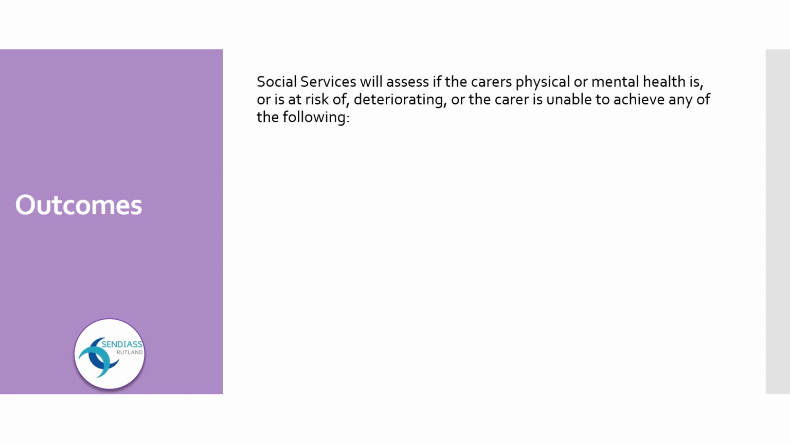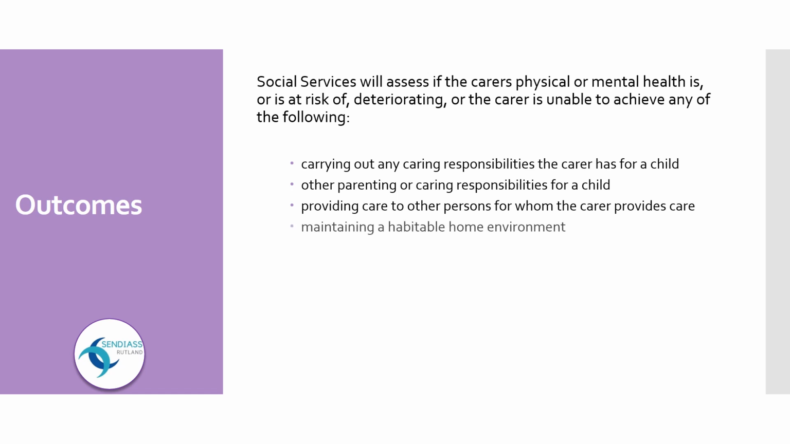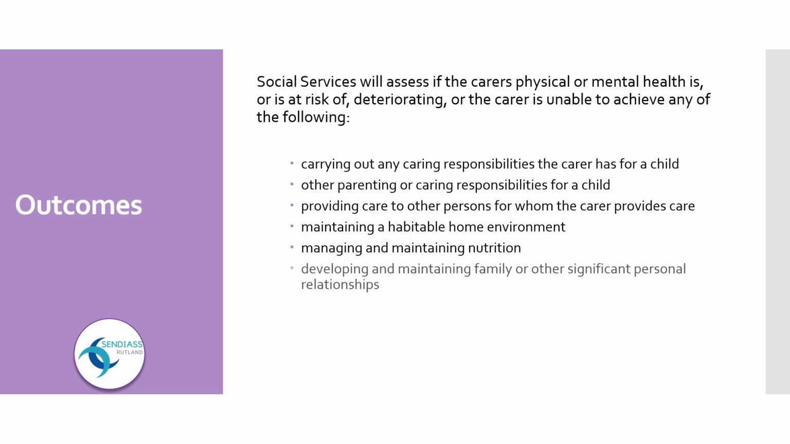Outcomes. Social services will assess if the carer's physical or mental health is or is at risk of deteriorating, or the carer is unable to achieve any of the following: carrying out any caring responsibilities the carer has for a child, other parenting or caring responsibilities for a child, providing care to other persons for whom the carer provides care, maintaining a habitable home environment, managing and maintaining nutrition, developing and maintaining family or other significant personal relationships,